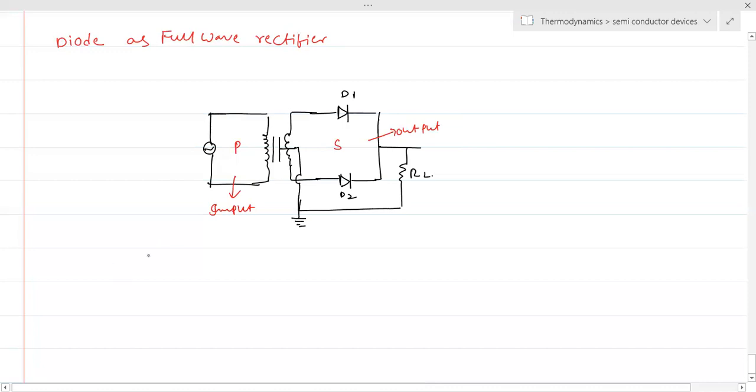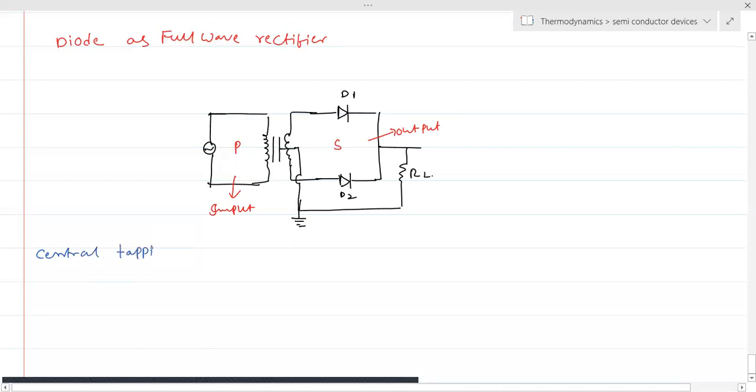So the transformer used here is known as a central tapping transformer, and its specialty is